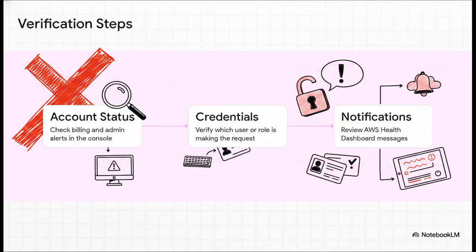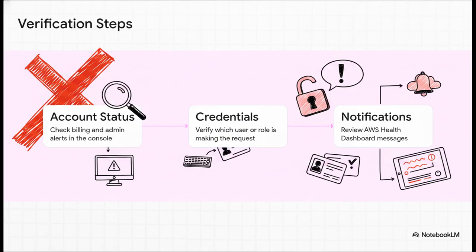So, how do we actually fix it? Let's transition from theory to a highly tactical action plan. First, log out of your terminal and log directly into the AWS Management Console. Step 1: verify the account status. You're looking for big red administrative notices the second you log in. Step 2: verify your credentials. Confirm you're actually operating in the AWS account you think you are. Sometimes a rogue environment variable from a totally different project has you pointing to a suspended account without you even realizing it. And step 3: